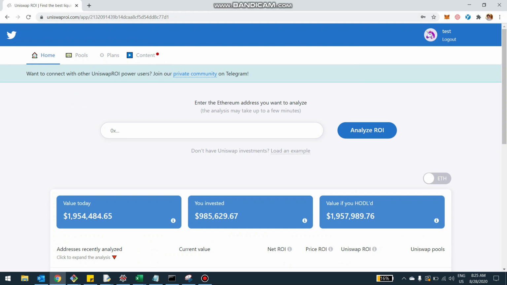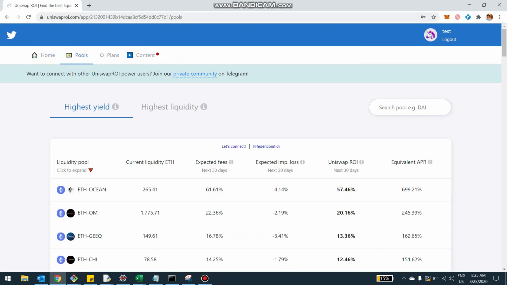It's very easy. Now, when you are inside the tool, you can do essentially two things. For one, you can select which pools to invest in if you haven't invested or you want to check out potential new investments. And the other thing is you can really track the investment you already made. So let's start with the first part because there are a few new additions that I wanted to